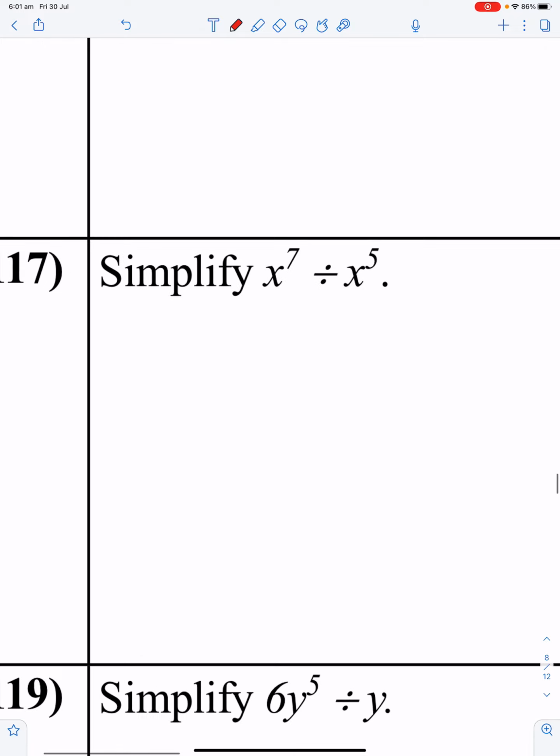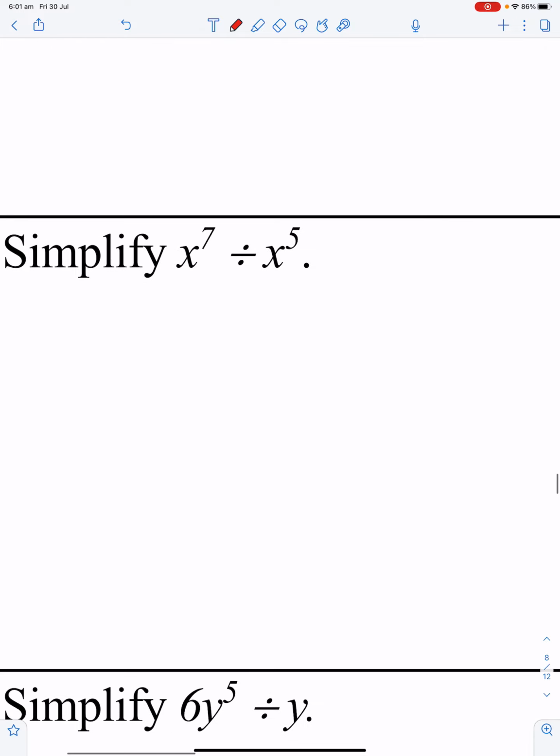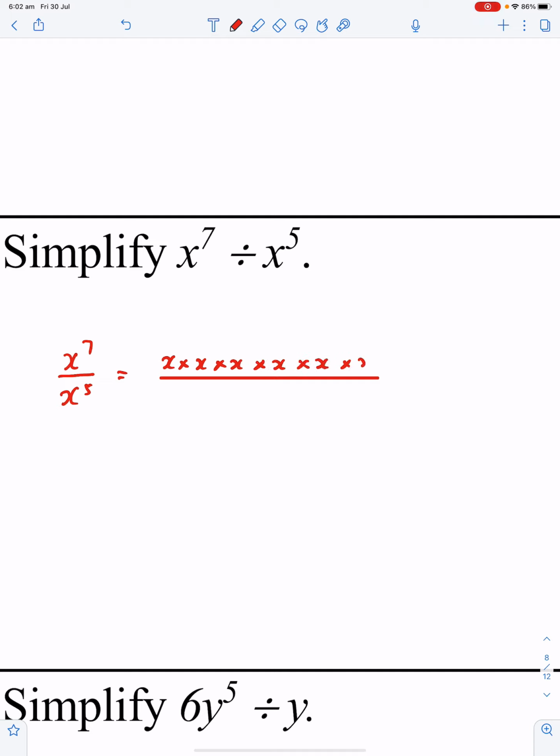When you're dividing x to the power 7 divided by x to the power 5, you subtract the indices. Okay? You're going to do this minus this. For those who are interested, let me show you why you do this. Let's say I rewrote this question as x to the power of 7 over x to the power of 5. And let's say I now wrote x to the power of 7 as that, 7 of them, okay? 1, 2, 3, 4, 5, 6, 7, okay? And let's say I wrote the x to the power 5 as